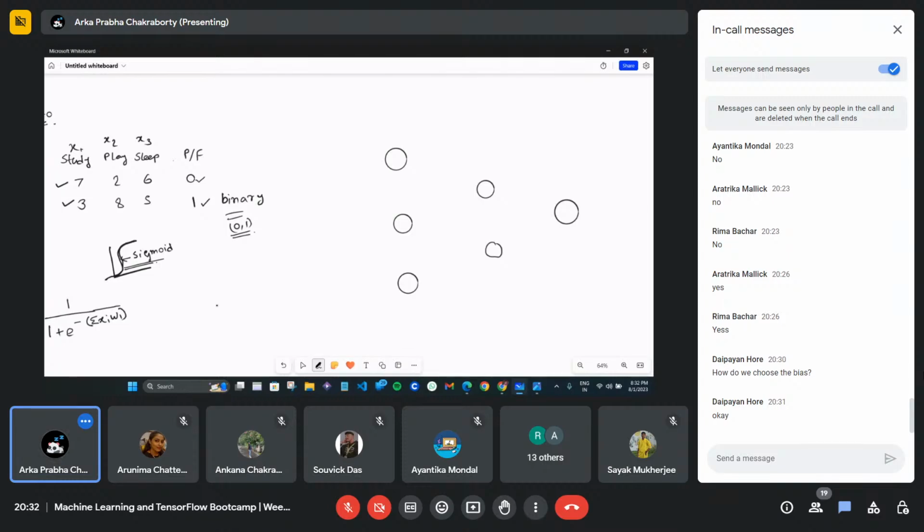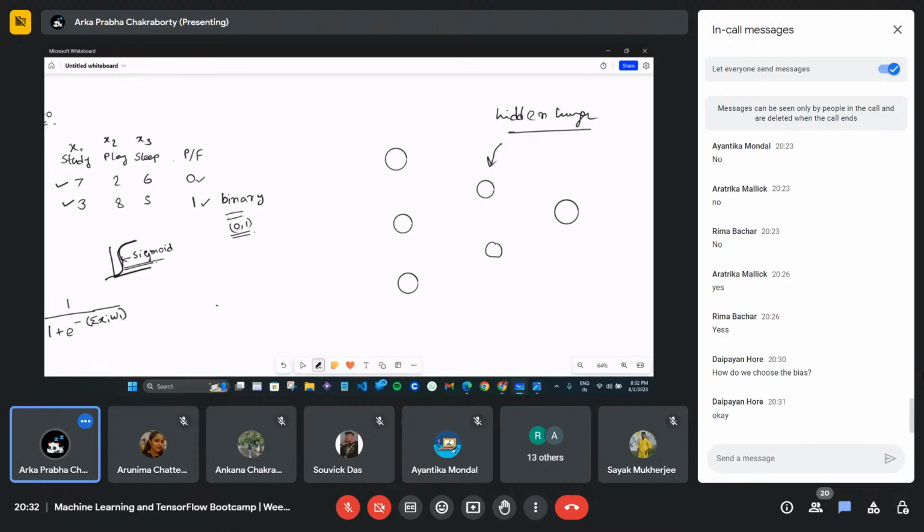Now I have two neurons in my hidden layer. As I have told you, you can take as many hidden layers as you want, and as many neurons as you want. Ultimately, the calculation will be done inside the hidden layer neurons, right?